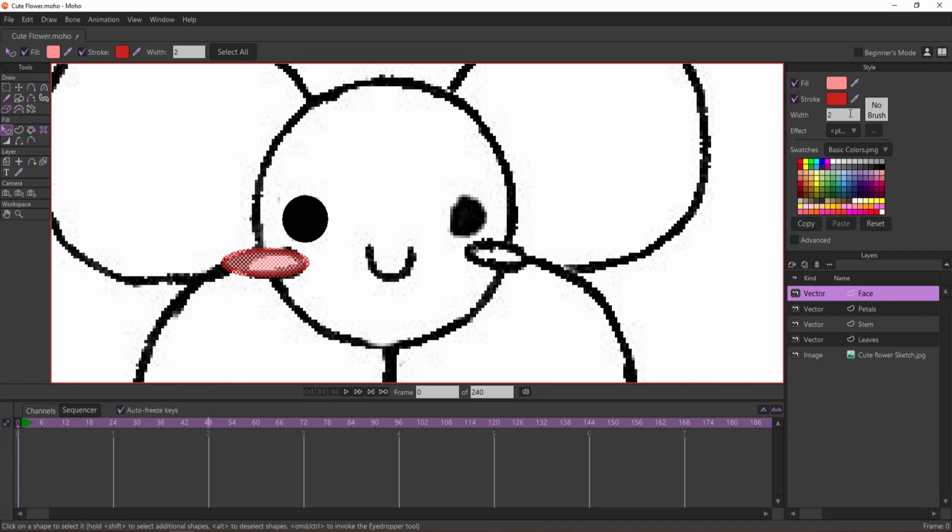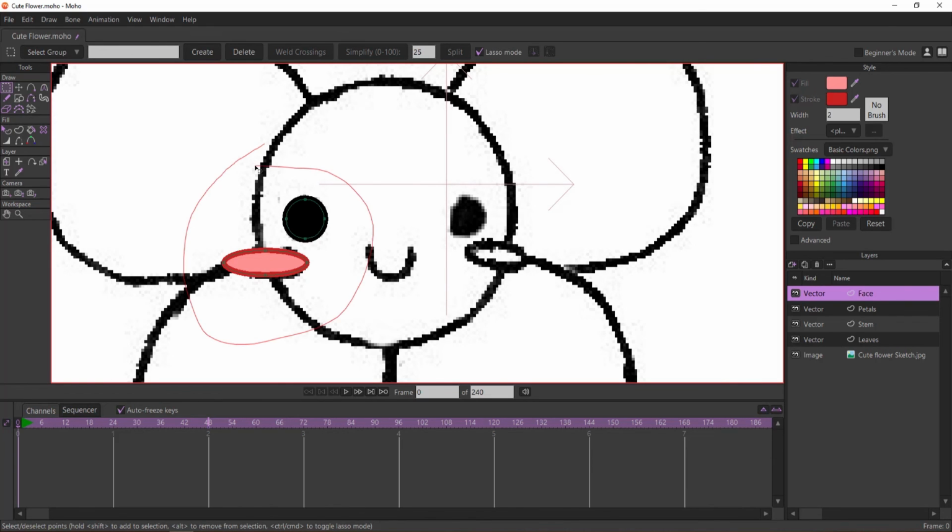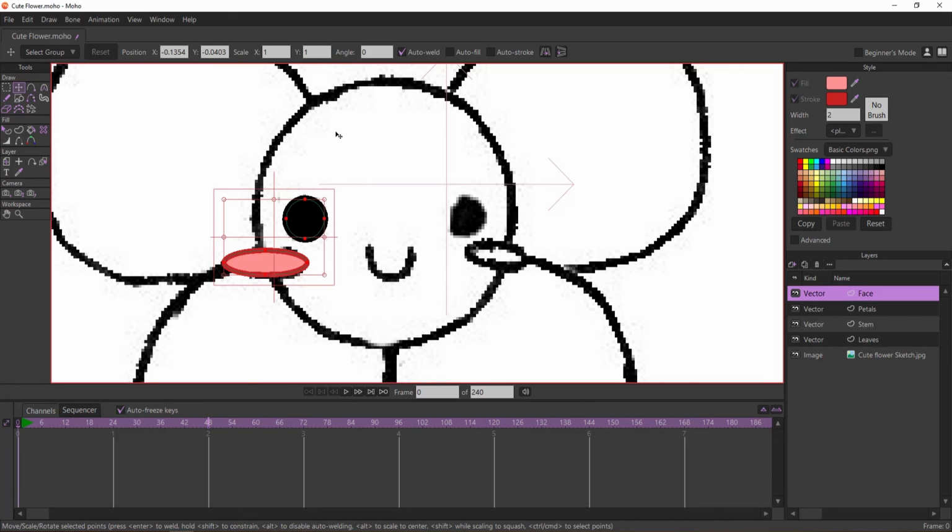And for my second eye and blush, instead of creating a new shape and transforming the points, I'm instead going to use a shortcut. I'm going to copy and paste the shapes I just created. So to do this, I'm going to use the Select Points tool, and I'm going to make sure that lasso is enabled. Then I'm going to click and drag around my points to select both shapes. Then I'm going to go to the Transform Points tool, and I'm going to press Ctrl C and Ctrl V on my keyboard. Now it doesn't look like anything happened, but once I try to move my shape,